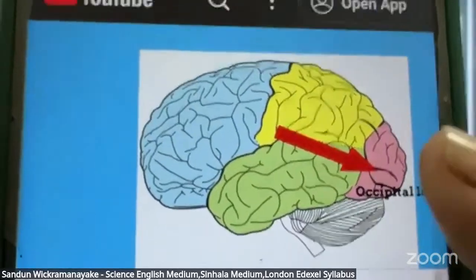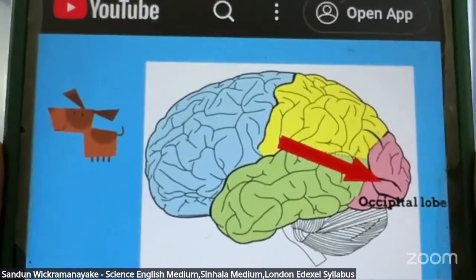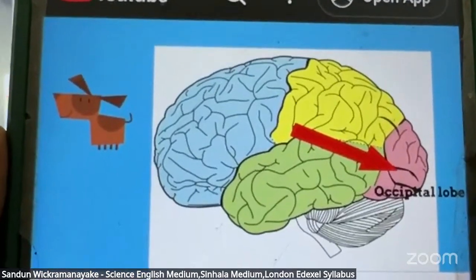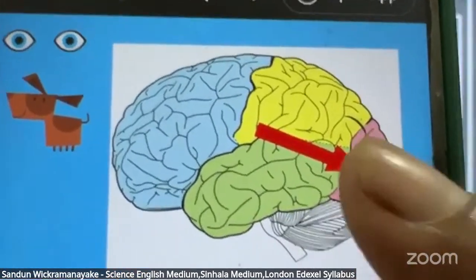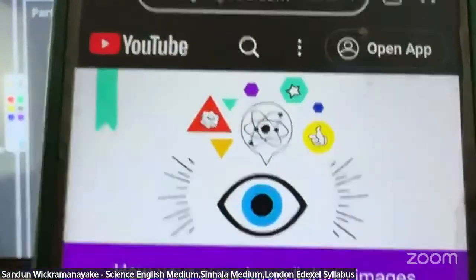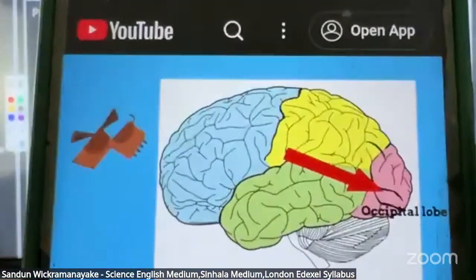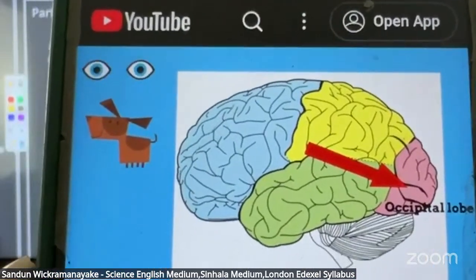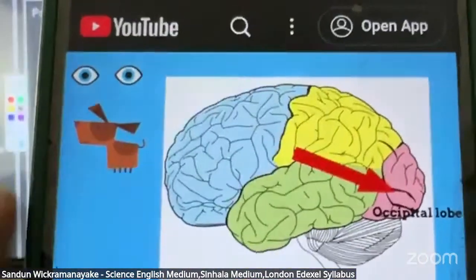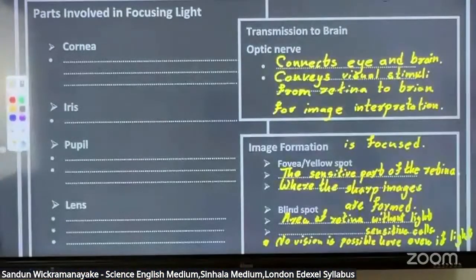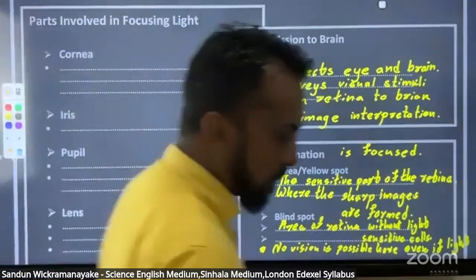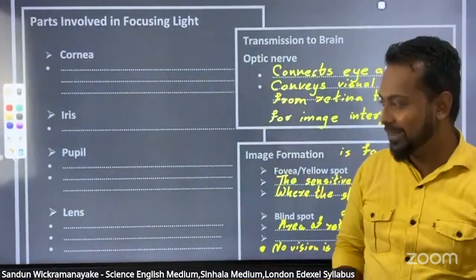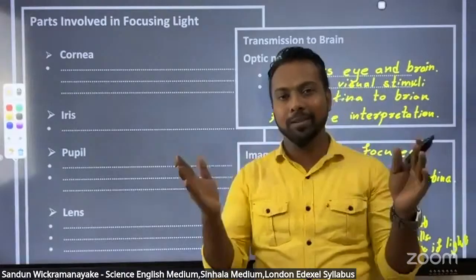Okay, this is the place where we can identify those objects. This is the human brain, and this is the identify place. All the objects are identified by that place. Okay, so we can end this session and share those messages with your friends and the little